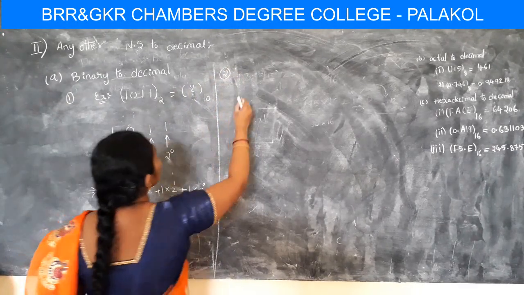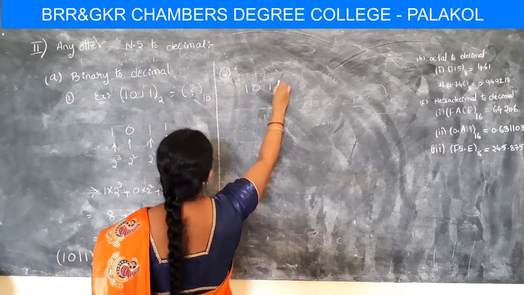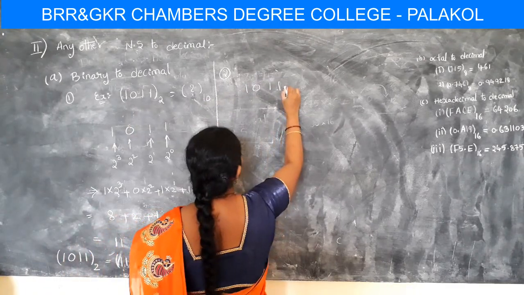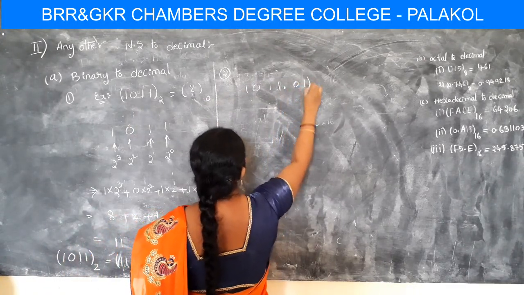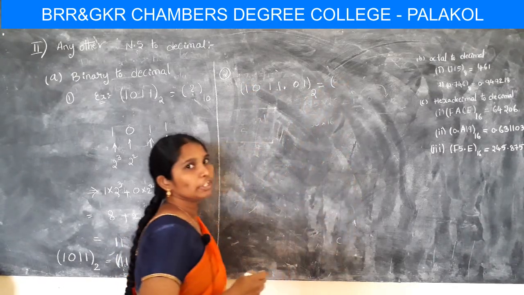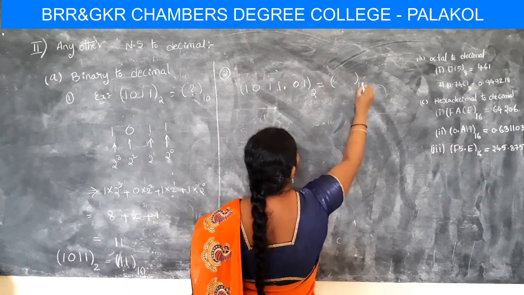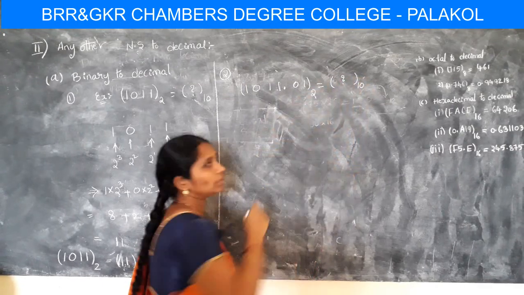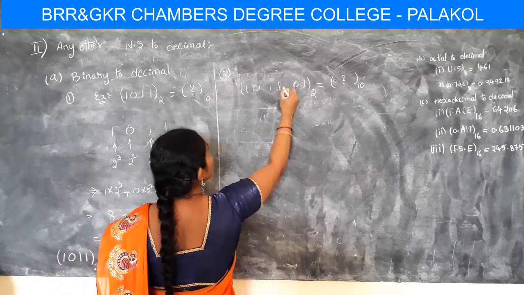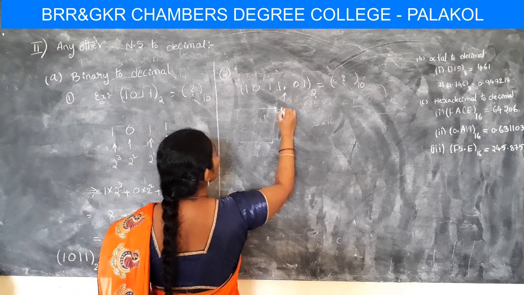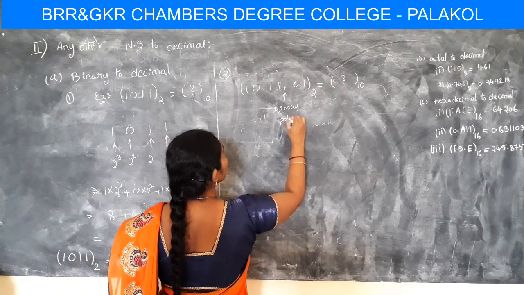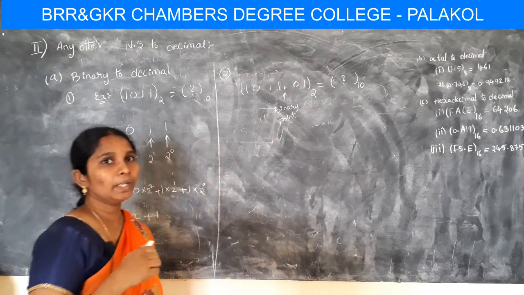Okay. So, for example, 1011, this is the same number I consider, and after that a decimal point, then 01 is there. So, here this is a binary number, and this number is converting into a decimal value, that is the base 10, the question mark. Okay. So, how to convert? Therefore, here this is a decimal point or a binary point.